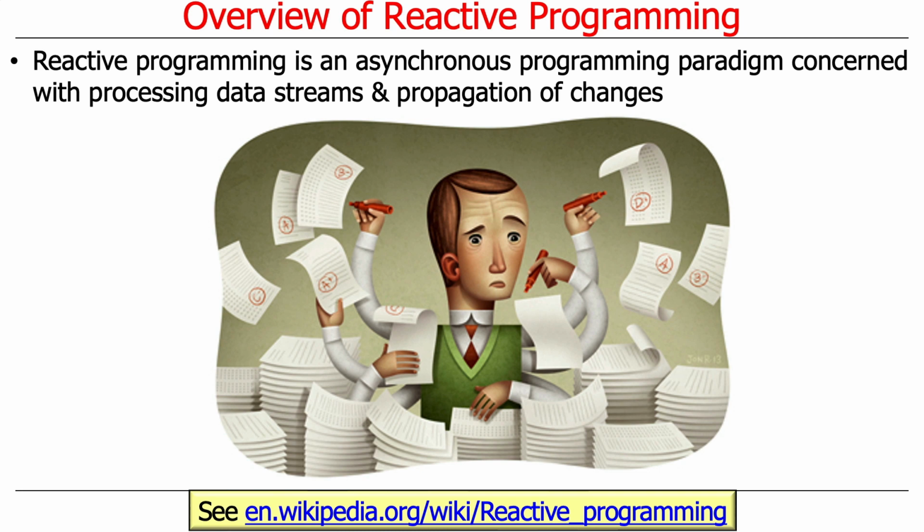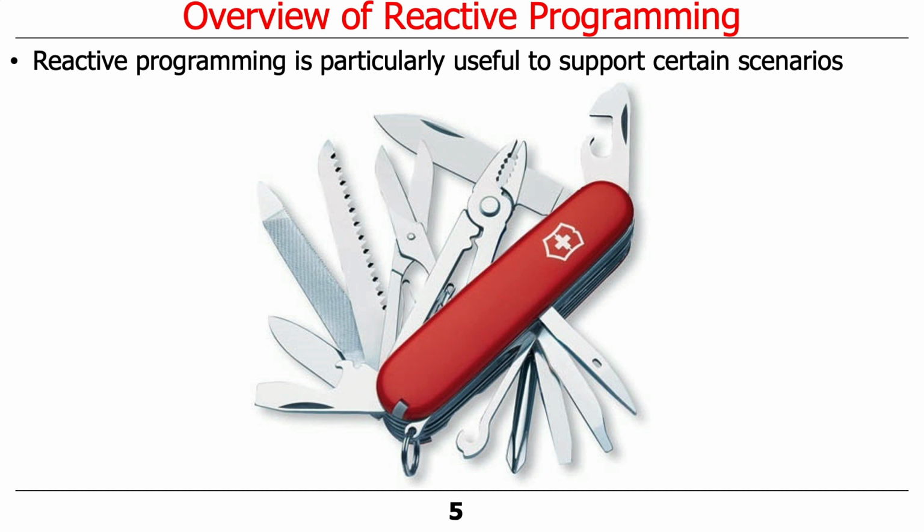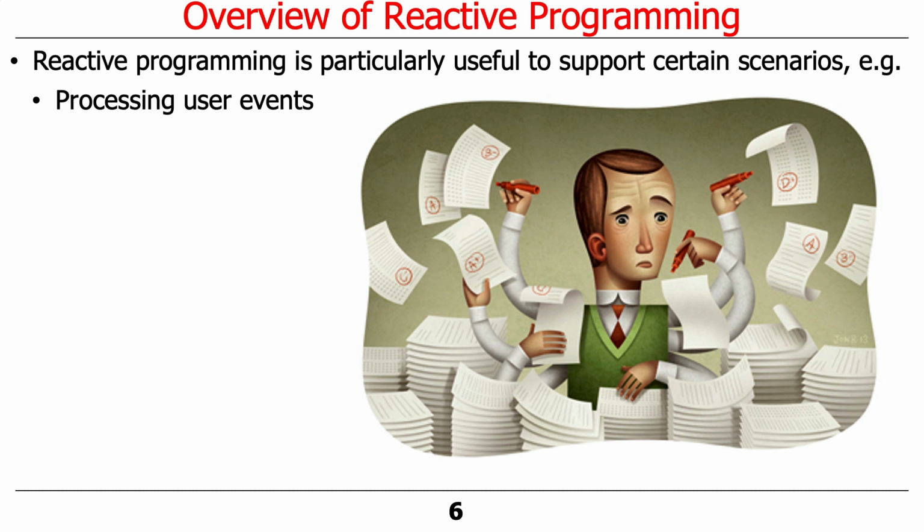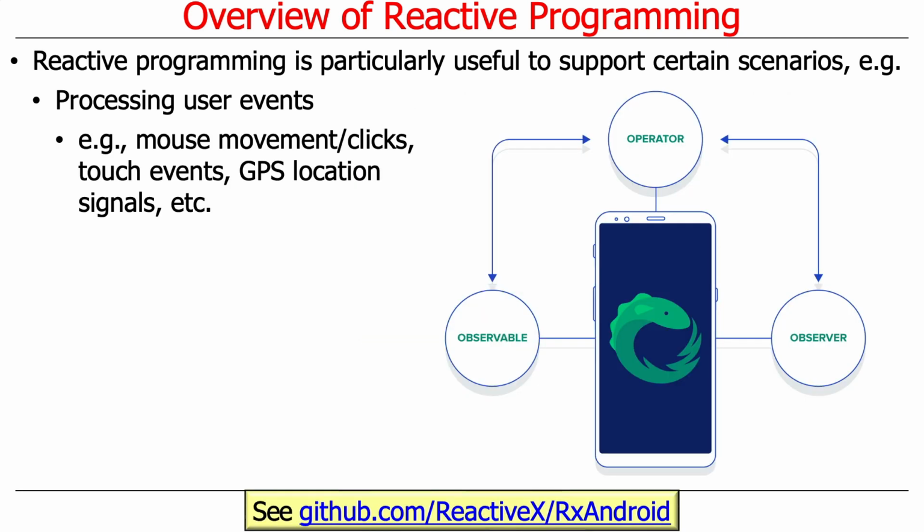And you can read about it in the Wikipedia article, which will say more or less what I'm going to tell you right now. It's particularly useful in certain scenarios, under certain conditions. One thing it's very useful for is processing user events in user interfaces like Android or iOS. In those environments, you've got a stream of events, things like mouse movements or touch events, signals from different sensors like GPS devices. And those sensors come in and they're emitted by a publisher, and then they're observed by